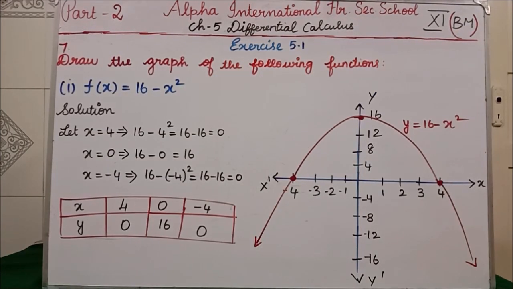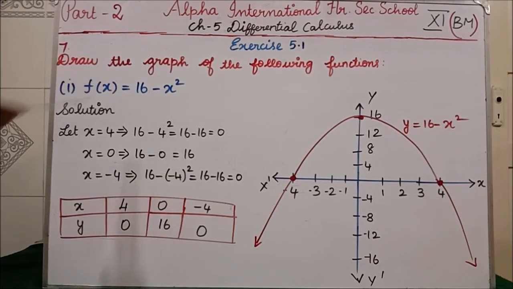This is the seventh question. Draw the graph of the following functions. Students, in the seventh question totally we are having 6 subdivisions. I will do some problems and the remaining problems you are going to do as assignment. Clear? This is very easy. Like in 10th standard you have done graphs, the same model only we are going to do. Okay. Now see the first question.